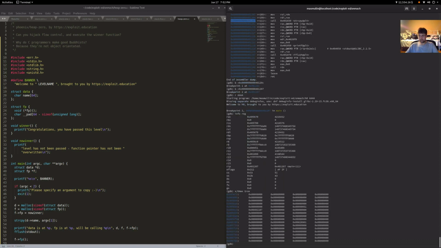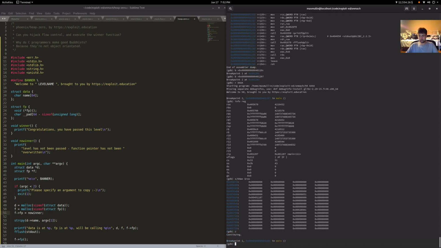And as seen before, a bunch of zeros, and then we get that no winner pointer. That's because we are right before we execute the string copy. So we've done 2 mallocs, and we've set this FP to no winner. If we continue on and go to right after the string copy is done, and take a look at RAX again,